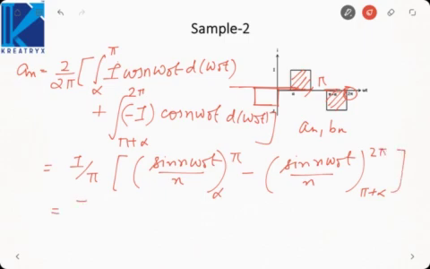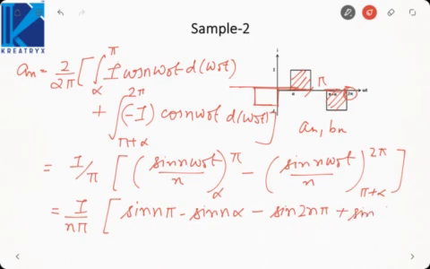N can be taken as common, I by n pi. This will become sin n pi minus sin n alpha minus sin 2n pi plus sin n pi plus